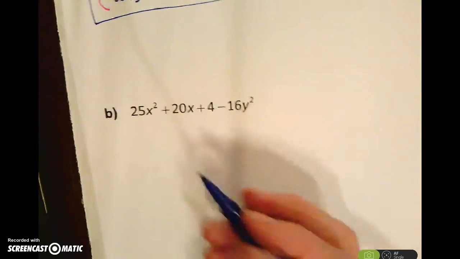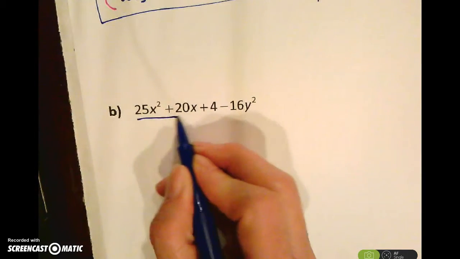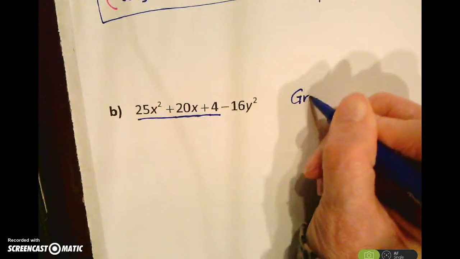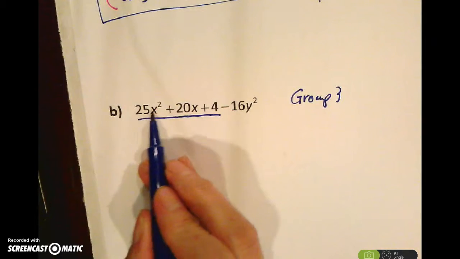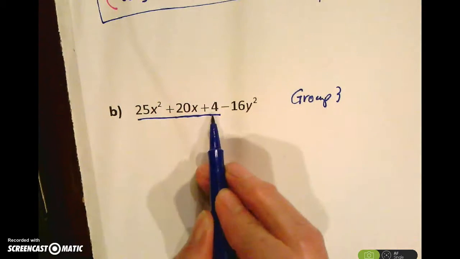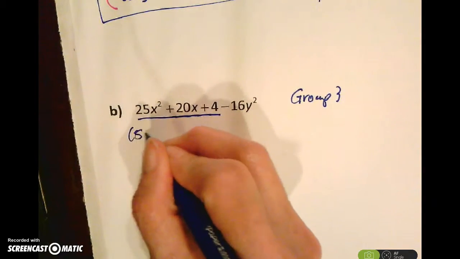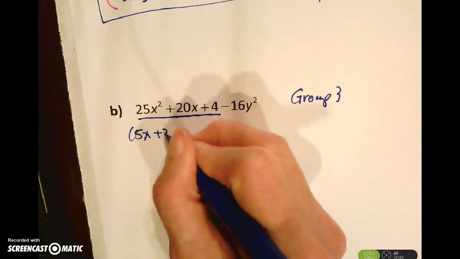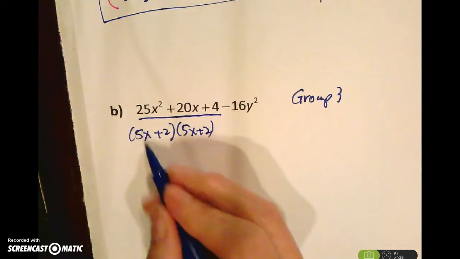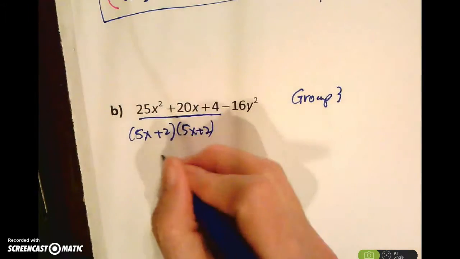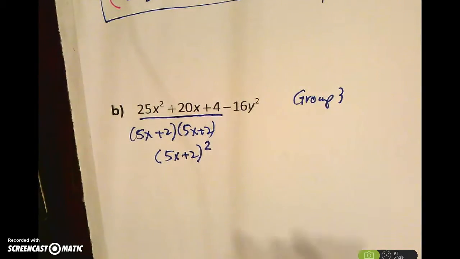We're going to do the same thing for B. Again, you will not be able to do it 2 by 2. So I'm going to group 3 on this and group 1. Again, you see that this is a perfect square, 5x times 5x. And this is 2 times 2. And if I were to FOIL this out, I'm going to write it this way, 5x plus 2. If I were to FOIL this out, I'm going to get 10x and 10x is 20x. So that factors, and I will write it as a square